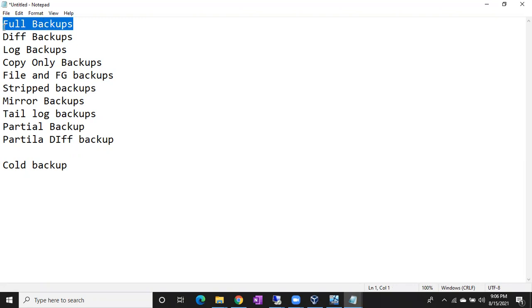Simply, full backup means it is going to take the backup of the whole database, including your data file and log file. Database means a collection of data files and log files, right? So full backup will take the backup of the whole database, including your